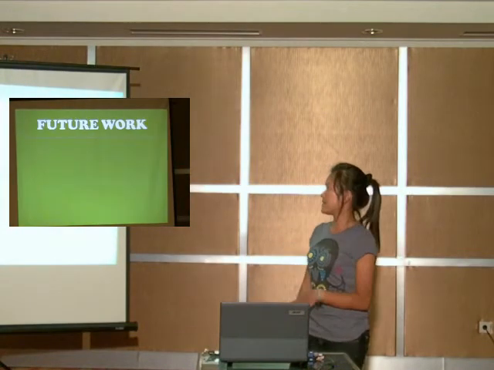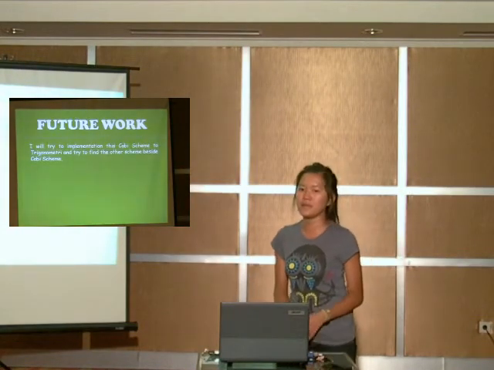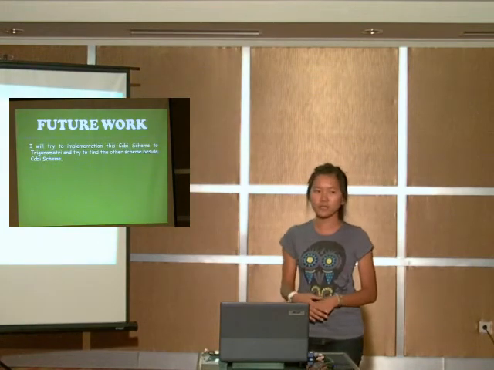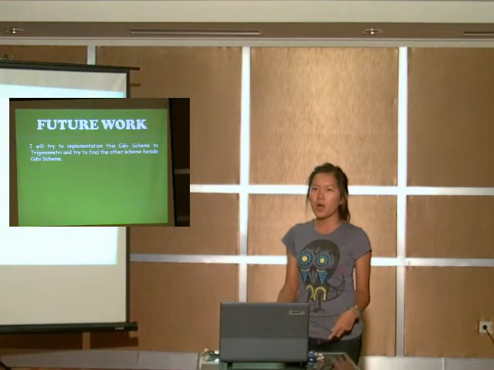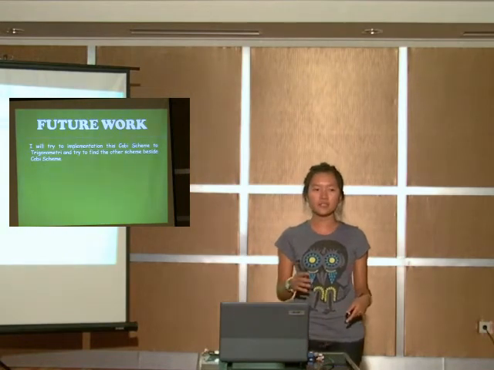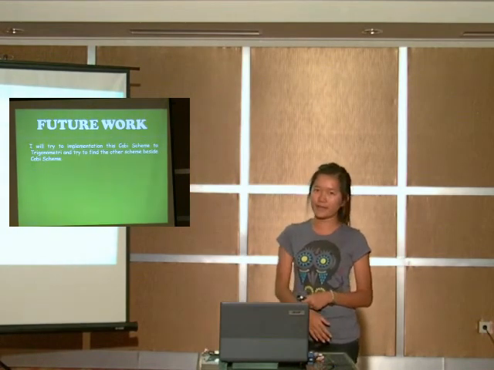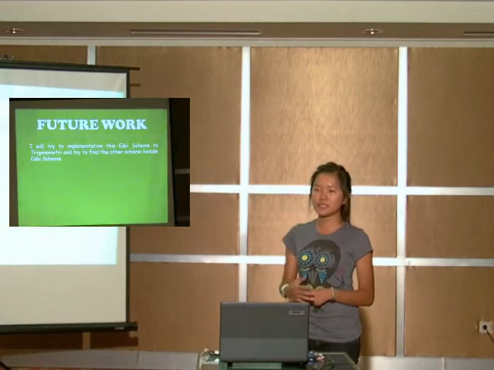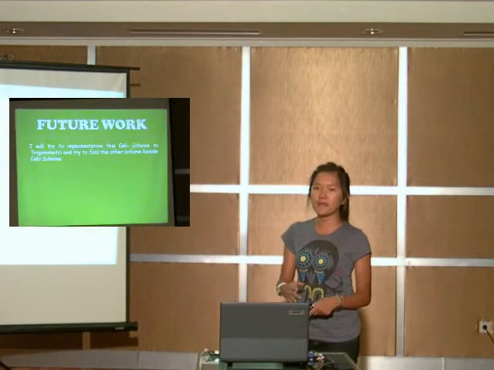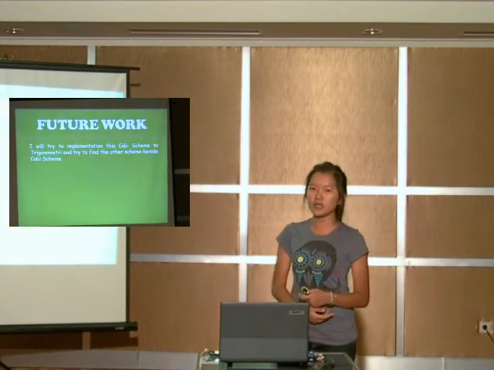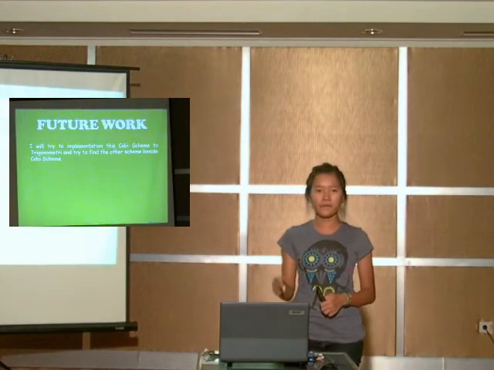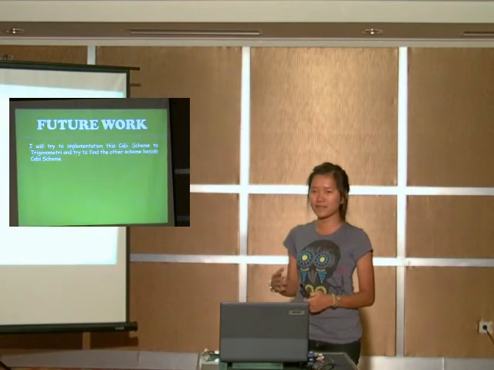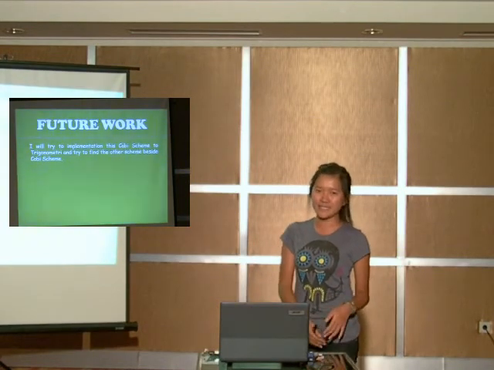So the future work for me is, I will try to implement these CABI schemes in trigonometry. I will try to find other schemes besides the CABI schemes. Why do I choose trigonometry? Because trigonometry is only about right triangles, and my schemes are related to right triangles. So maybe if I implement it in trigonometry, it will give another scheme. It will be more complicated, but if you get a question related to this, you will get the answer more easily. But I think that's all for my presentation.